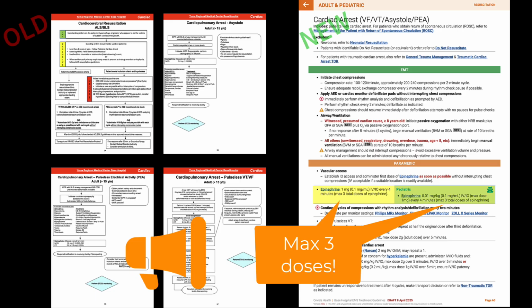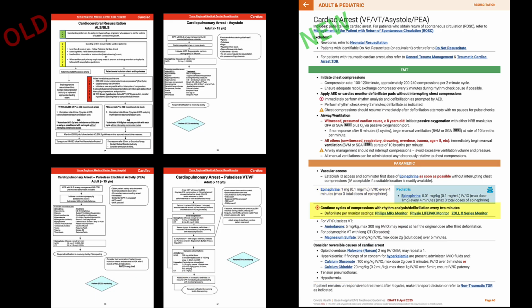I'm going to come back to that in just a minute. Below the epinephrine dosing, we instruct you to maintain a smooth cadence of consistent cycles of high-quality chest compressions with rhythm analysis and defibrillation every 2 minutes and medications repeated at every other rhythm check pause. We include the hyperlinks that list the correct energy settings for all the different monitors as we have done on